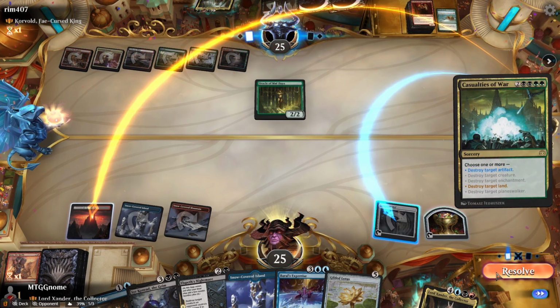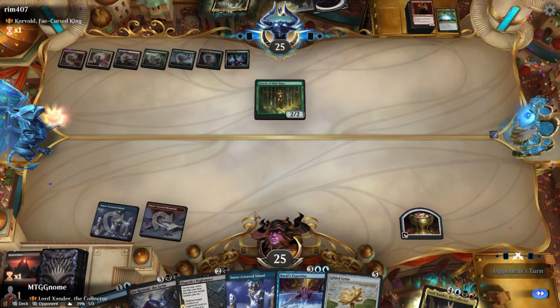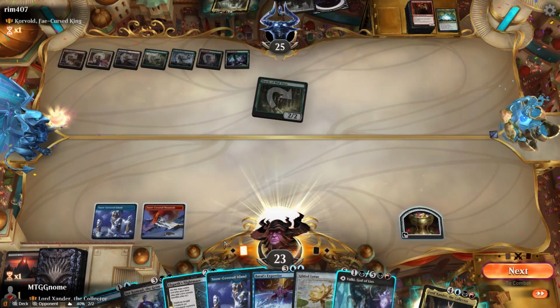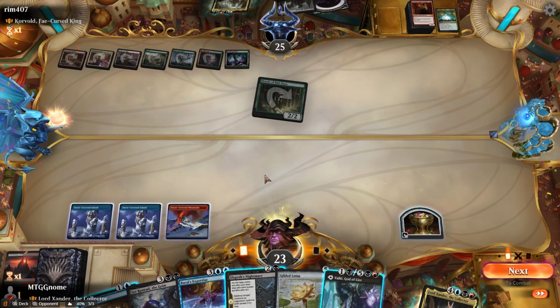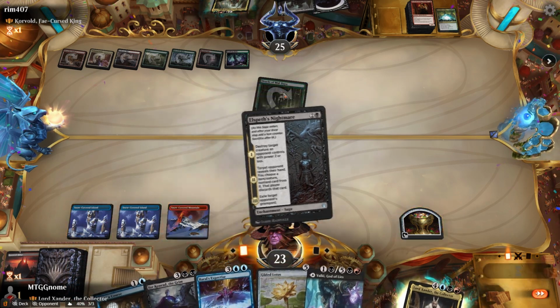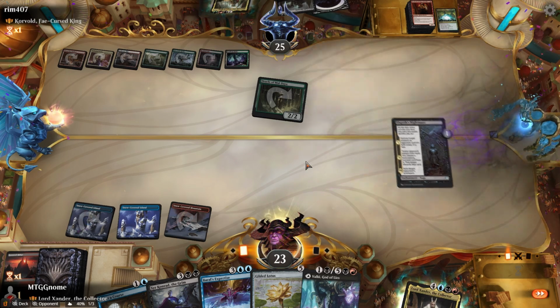Casualties of War. Oh, that hurts us so bad, dude. Yeah, that is opening hand. So then I guess we play the... Damn, we don't even have the black. He destroyed our black source. It's the one we really, really need. That really hurts us. So that's a 3-2, so we'll just get rid of this. Man, I know we lose our treasure, but...